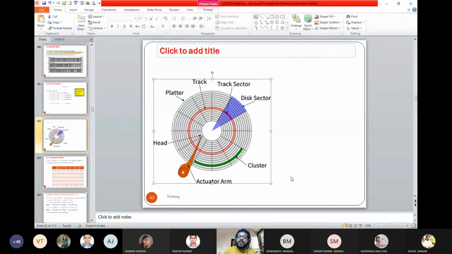Second, from the track, you are coming to a particular sector. If I number the sectors like 1, 2, 3, 4, 5, 6, these lines are indicating that you can name the sectors. Then from the sector, you are looking into a particular area. Within the violet, there is a red color mark. Is it visible? Something is written there called track sector. Got it? Track sector. If I say store the information at track number 3 and sector number 4, you can do that. So that is the address area.